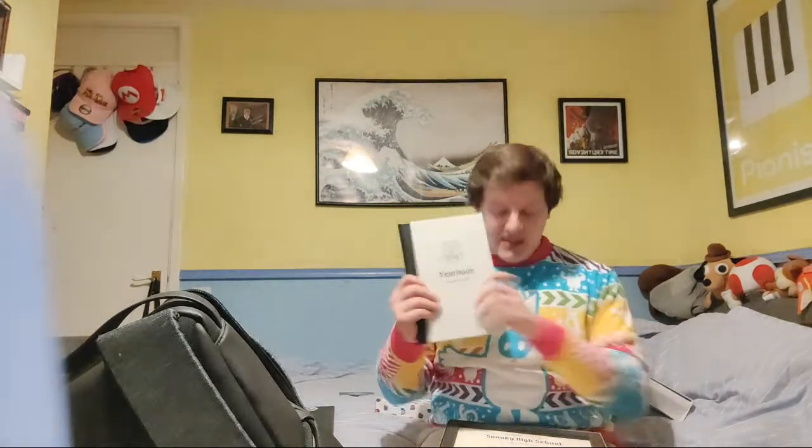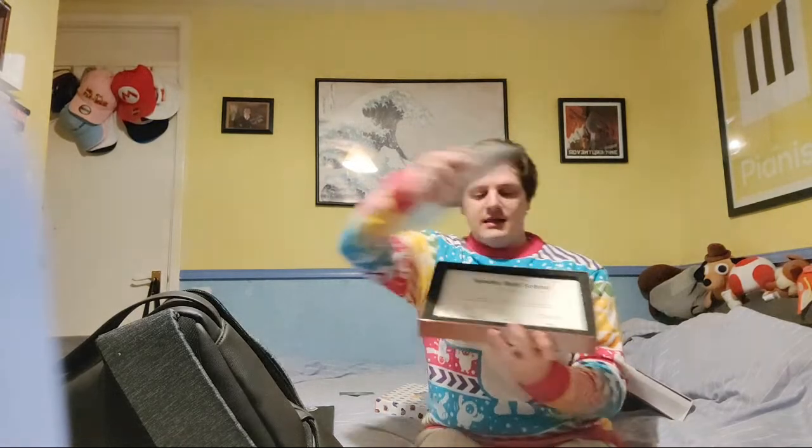Cool. Right, so that's the yearbook. I will try and speed this up a bit. I don't want to keep you around forever. And then once you've lifted the yearbook, again, this case is so compact, there's so many awesome things in this. Once you've lifted the yearbook up, you have this. Don't know if that's shown on camera properly, but this is the